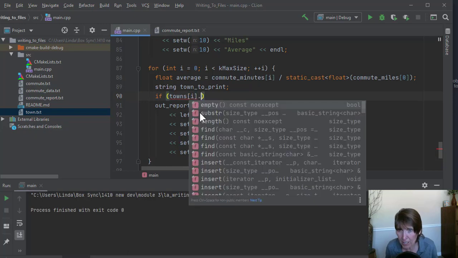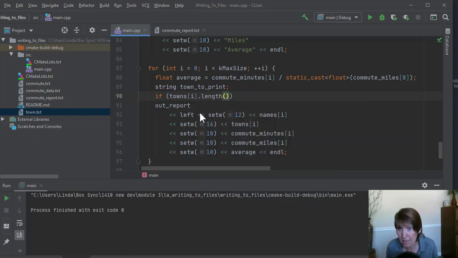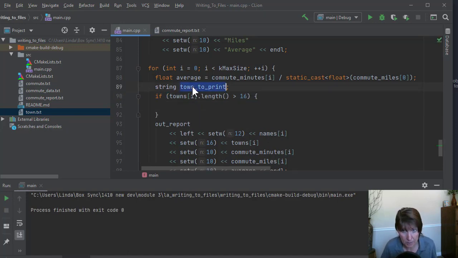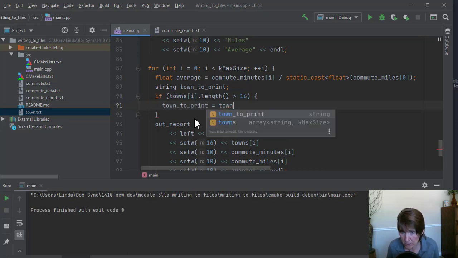So if town's I, how do we do that? We can do it with length or size. So let's do it with length. If the length is greater than 16, then we know it won't fit in there and it'll be a problem, right? So if that's the case, then we want to change town to print to a substring, right? We just want it to be the first characters. In fact, let's say we want it to be a substring, and then we want 3 dots to indicate, oh, you didn't get the whole thing, because that in the report, that lets them know this isn't the whole name of the town, but there's more here. We'll just put dots. So we want this to be equal to the name of the town, which is town's I,